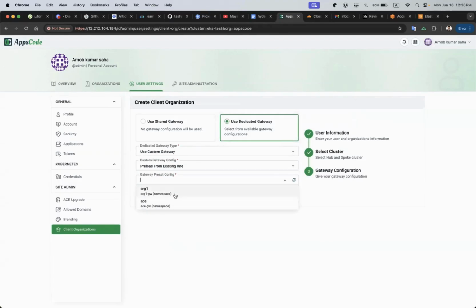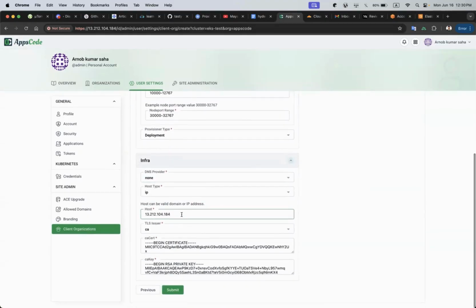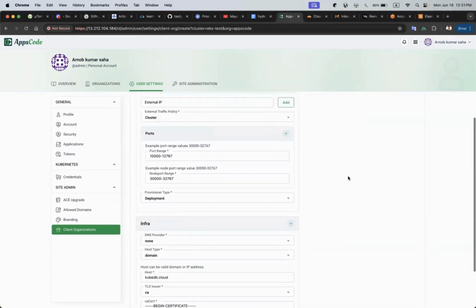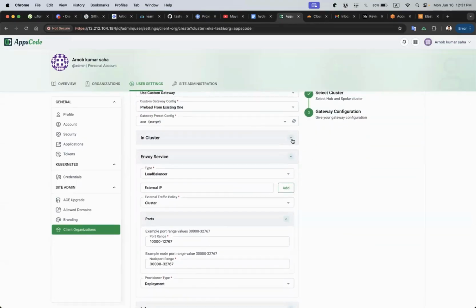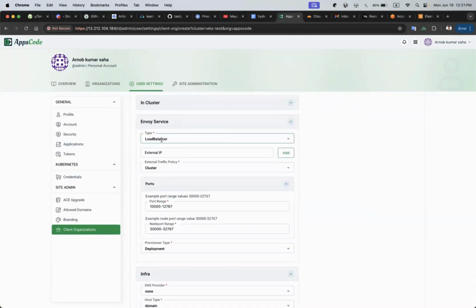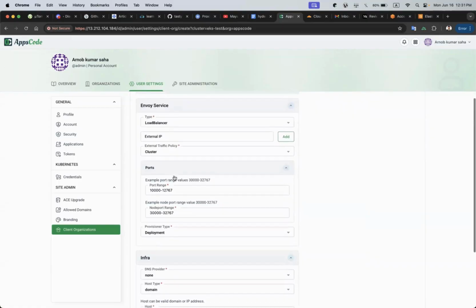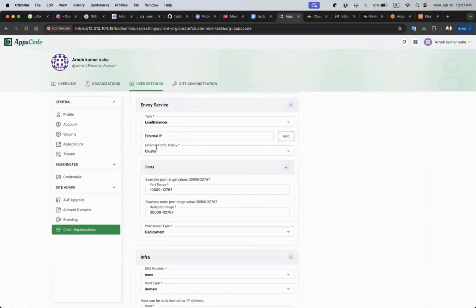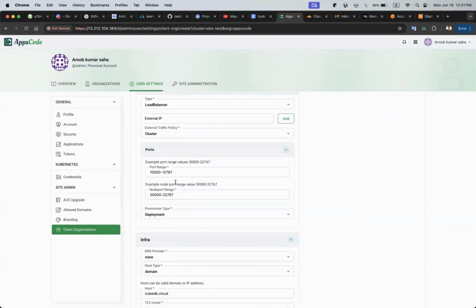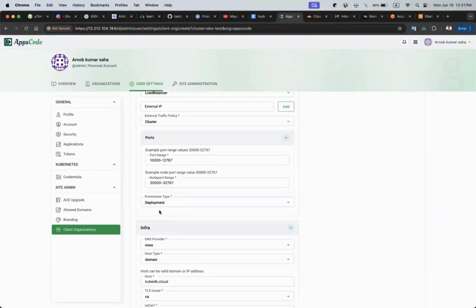Just preloading from existing one, this H1. And let's make it KubeDB Cloud. This should be the domain. And here are some other fields that I already, I think, described. This is the in-cluster configuration. So I don't have any external use cases, so I'm not going with that one. And this is the load balancer service we created. The external traffic policy will be set on that Envoy load balancer service that is going to be created. And these are the port range to be used for exposing the databases. And the provisioner type is deployment. So if you like to demonstrate, in that case,